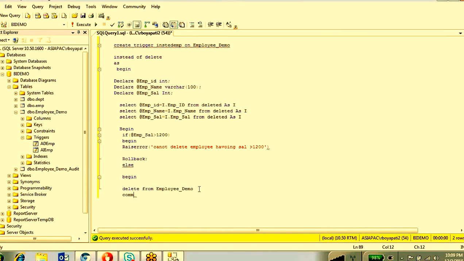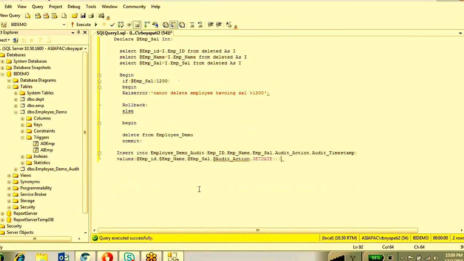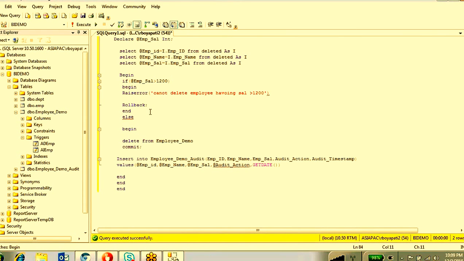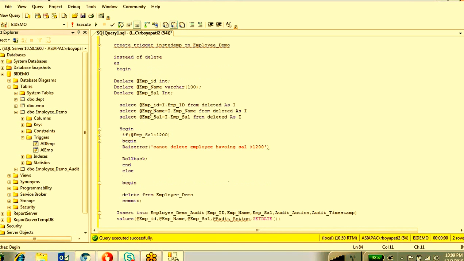And you can put commit, and then finally, three ends you have to close, because you have written three begins. And here I forgot to write end. Okay, right. So this is the trigger I have written.